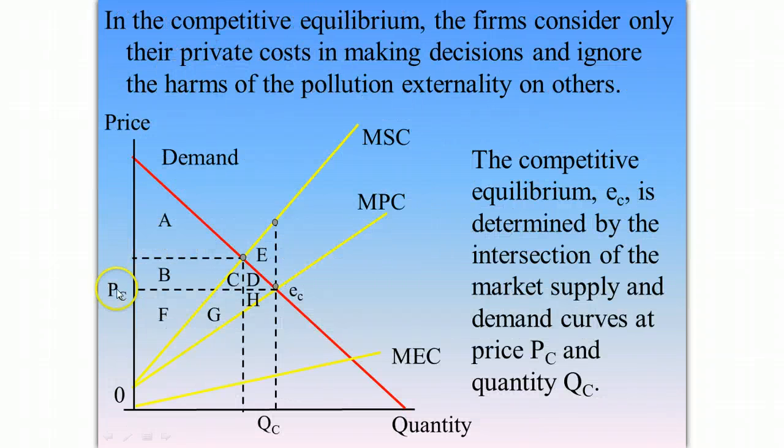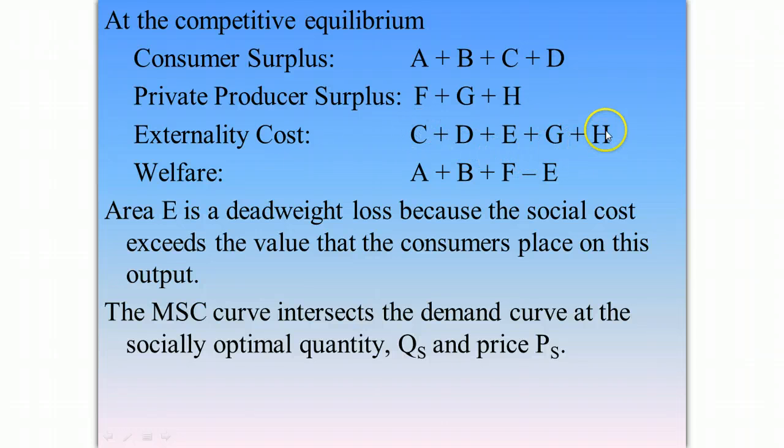But if we look at the competitive equilibrium, once we go beyond this position here, we're incurring additional costs. So there's an extra cost from going beyond here, because all this cost is not being picked up by the firm. So this area here, G, C, D, E, H, is essentially the cost of the externality. How much pollution is produced. So it's all this sort of triangle, the difference between the marginal private cost and the marginal social cost. So this is in a sense a loss through the externality, or the cost of the externality.